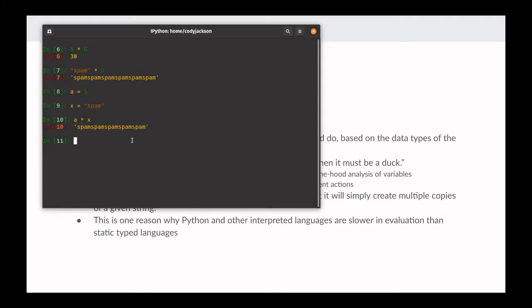Say, for example, you started out with a string of a number, so maybe you have a string of 12, so that's a string value, but later on you want to change that into an integer. And so if you do that at some point in your code, now instead of being a 12 as a string, it's 12 as an integer. And so Python has to figure that out every time that